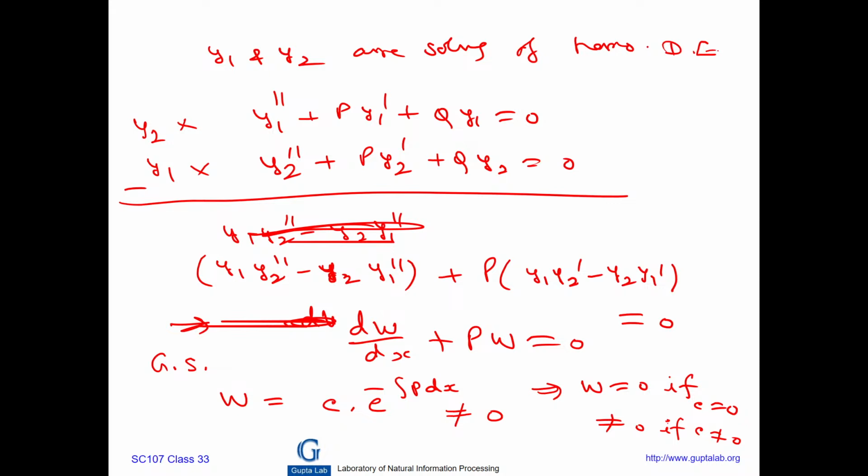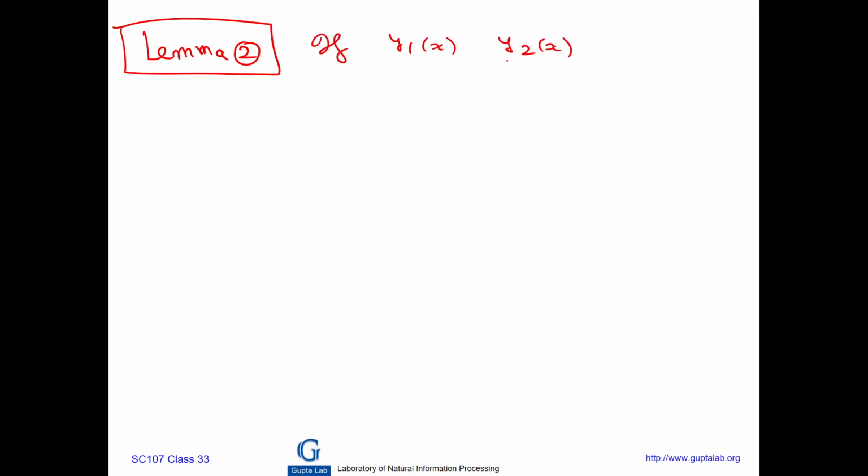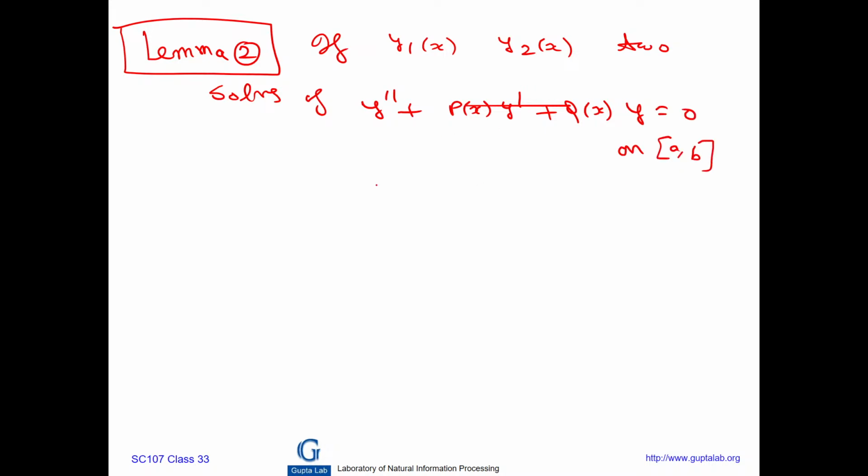So now next lemma 2. By the way, whatever I am doing for order 2 can be done for order n, but वो तो आप आसानी से कर लोगे चाय के कप के साथ, right? So if y1x and y2x are two solutions of y double prime plus px times y prime plus qx times y is equal to 0 on a closed interval a comma b, then